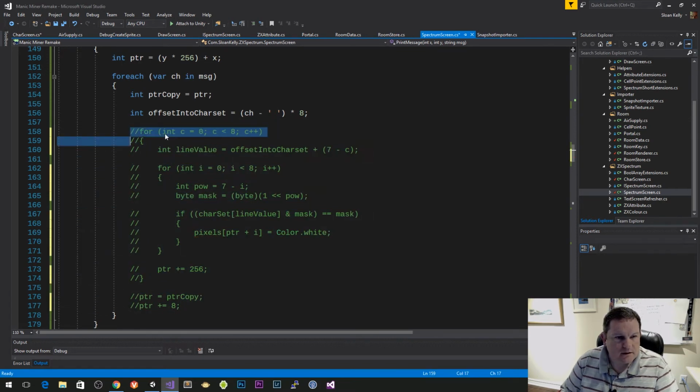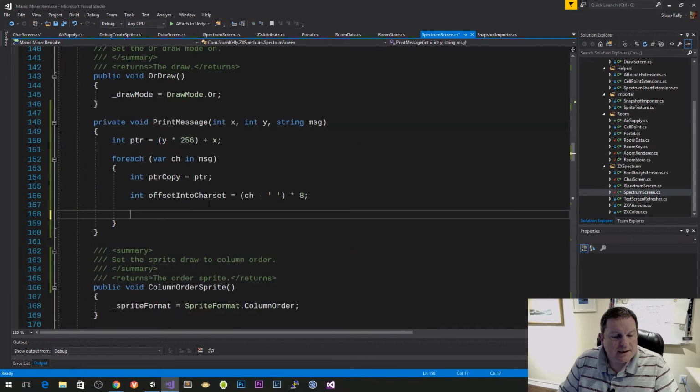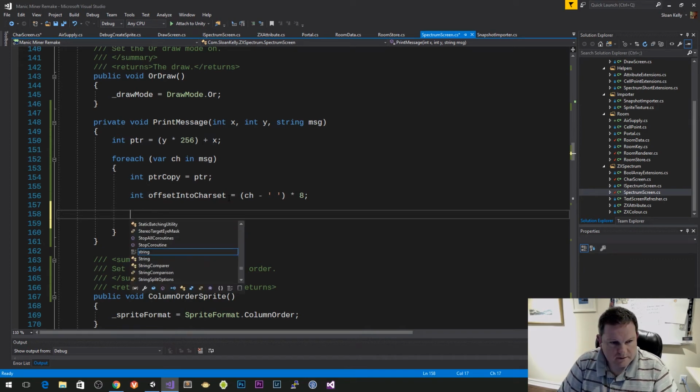I don't actually need any of this stuff because I'm going to use my sprite to draw it. Then what I'm going to do is try and grab, let me see if I can do this, just the old